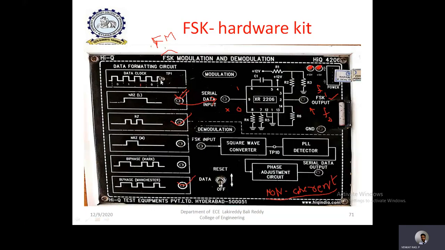And then the second step is you need to observe what data input you need to give to the modulator. Here there are different options, 6 options. All these 6 options are nothing but different line coding techniques. What is the meaning of line coding technique? Line coding technique means representation of input binary ones and zeros in an electrical form having high and low pulses. So different line coding formats will represent each 1 and 0 in a different way.